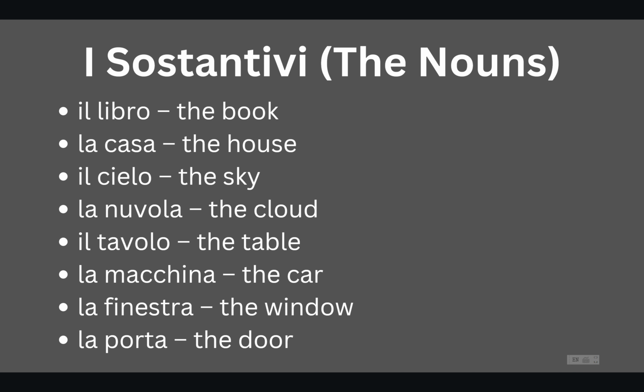Il cielo. La nuvola. Il tavolo. La macchina. La finestra. La porta.